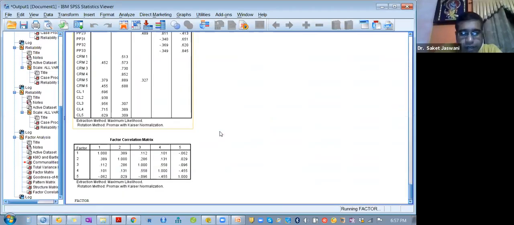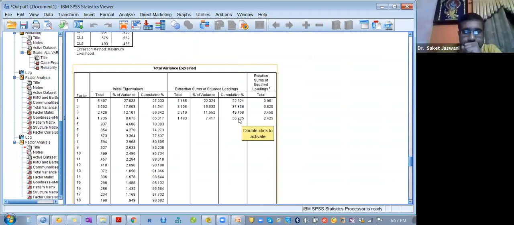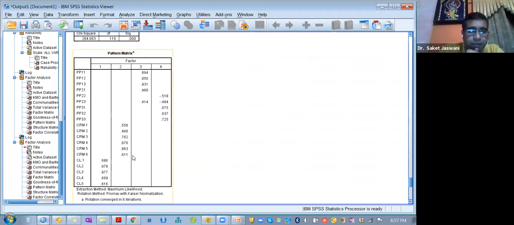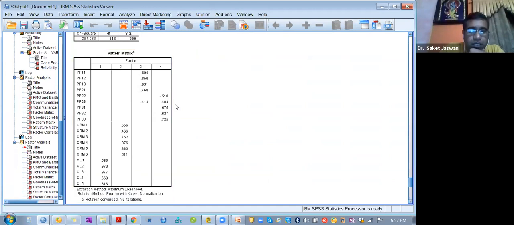ठीक है। वेरिएंस एक्सप्लेन देखिए, इसमें तो वेरिएंस एक्सप्लेन कम हो गया और 4 दिखा रहा है, देखिए कम हो गया और 4 भी दिखा रहा है, तो गड़बड़ हो रही है। 56.825 हो गया है तो, और 4 फैक्टर्स बस आ रहे हैं। देखिए पैटर्न मैट्रिक्स क्या बोलता है, अरे बाप रे, पैटर्न मैट्रिक्स तो और खराब हो गया, राइट। सो PP14 हटाने से तो और गड़बड़ रिजल्ट्स आ रही है, तो गड़बड़ हो रहा है। तो अभी हम क्या करेंगे, हम PP14 को वापस लेते हैं और हम हटा के देखते हैं क्या,